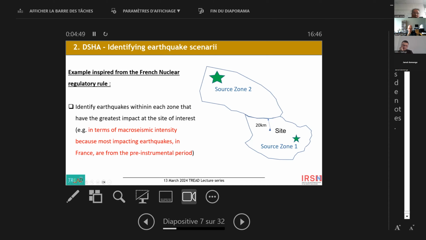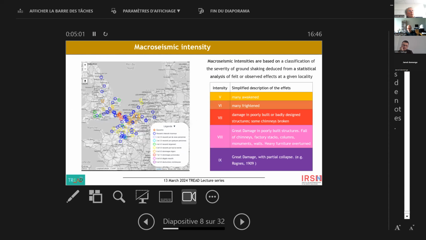So how did we identify these two sources? It is because they have the biggest effect in terms of intensity at the site. And how did we do this? Very simple. We take the macroseismic intensity that we know from these different earthquakes. Here you have an example of a 1580 earthquake,